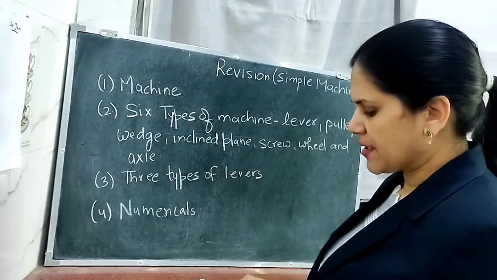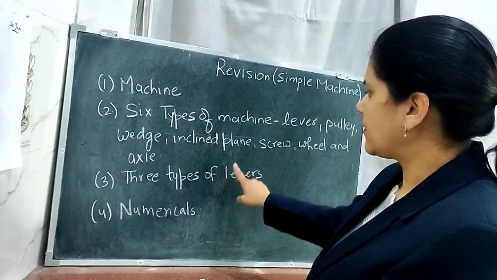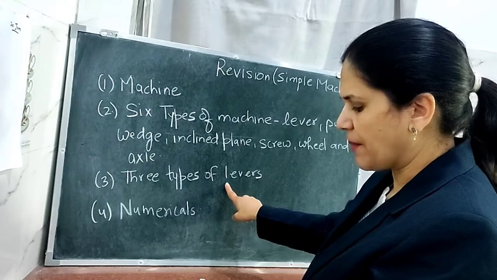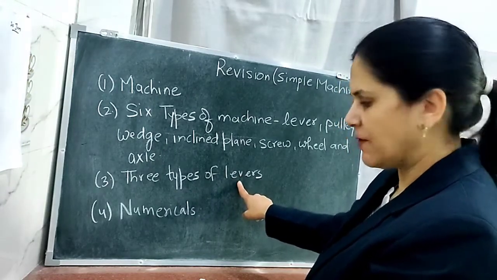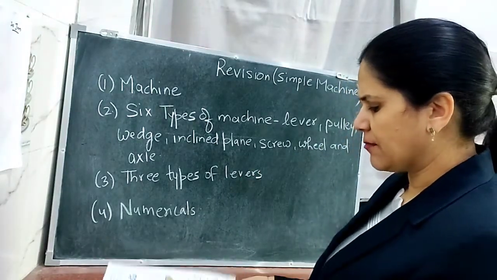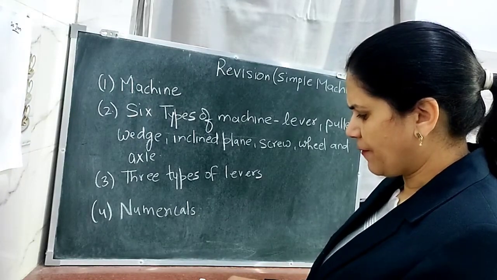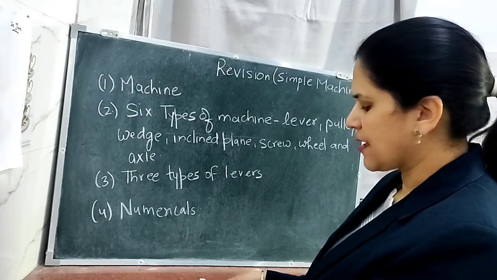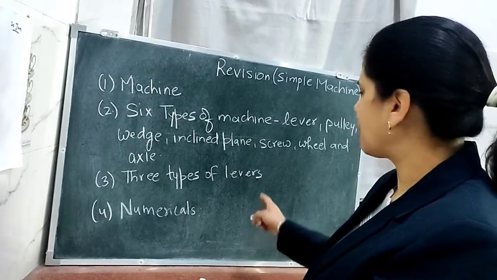Now, we will be discussing the 3 types of lever in the same chapter. In the lever of first order, or class 1 lever, what happens? A class 1 lever is a type of lever which has the fulcrum in between the effort and the load. Let me tell you some examples of the first type of lever: beam balance, crowbar, claw hammer, pair of scissors, seesaw and a pair of pliers.